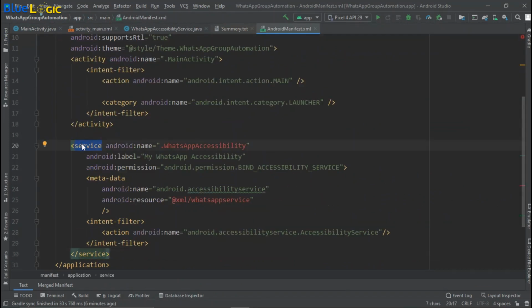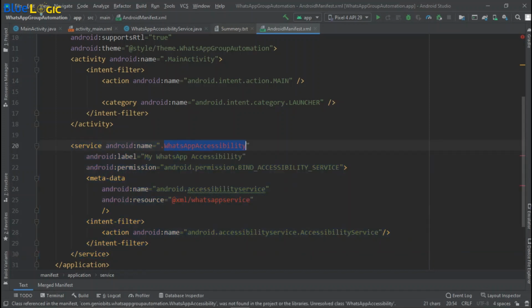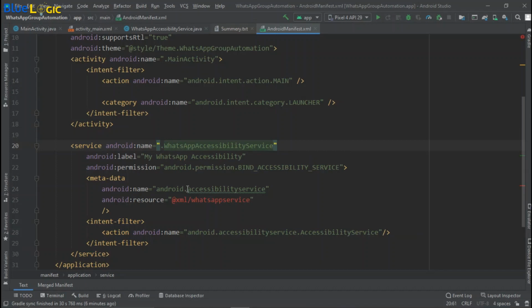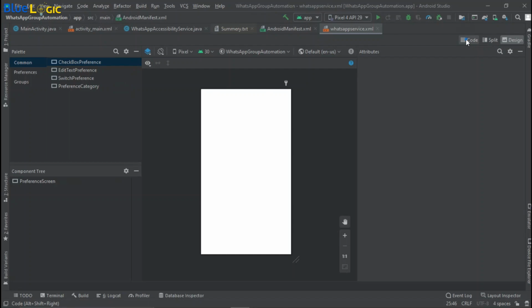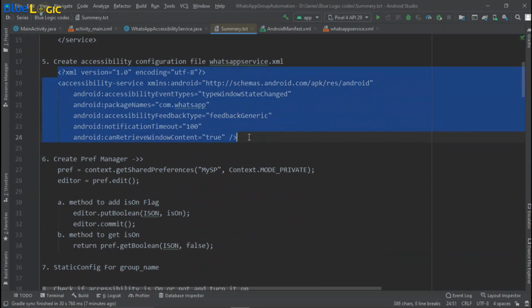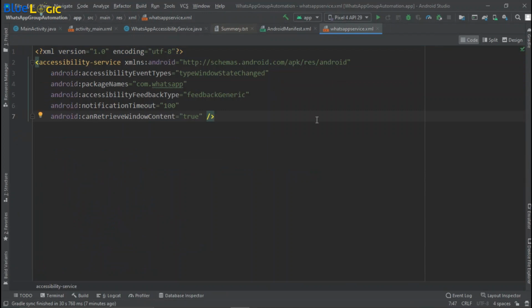This is just a general way of registering an accessibility service. In my previous video I have explained in detail what this code really does, so I'll suggest you watch that video. So here we have to name our service class, then we have to add configuration for our accessibility service. So I'll create the configuration. Let's go to the code and we'll paste our default configurations. Also in the last video I have explained these configurations in much detail, so you can watch the video and you will get the details about it.